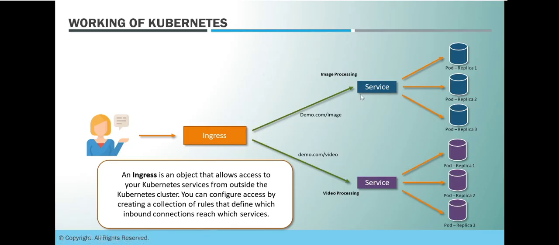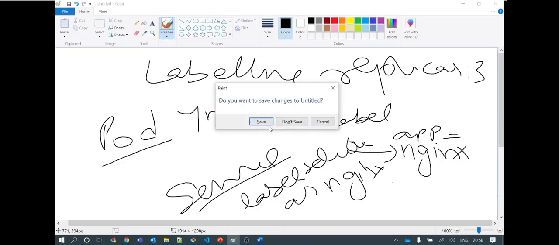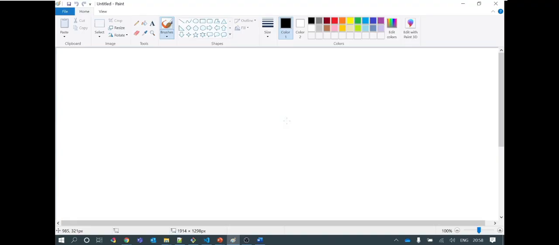Now if you want to access these services outside, you need to create each as a load balancer service or node port service based on your deployment type, bare metal or cloud. If you don't want to go by that, because having a load balancer for each service is a costly affair, that's where a cost-effective alternative is provided by ingress. Now, how does ingress do this operation?